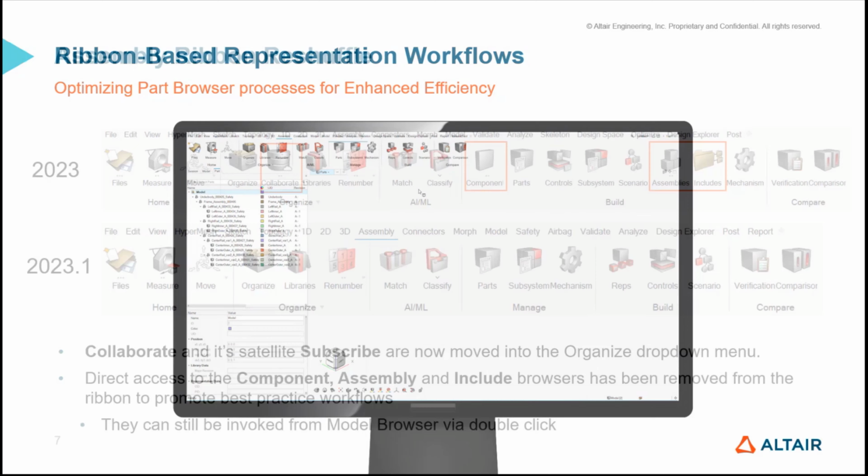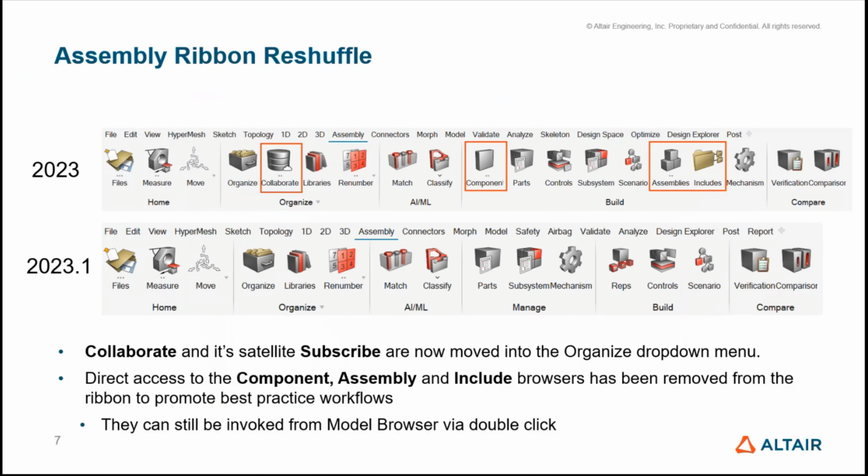Other than these two features, we do have an assembly ribbon reshuffle, wherein we are trying to limit the icons that are available, so that the user doesn't have to go too far onto the right side to access new icons. Collaborate is our organized browser. It has been in maintenance mode for some time now. It has been reshuffled and moved to a drop down in the organized. So if you still want to access this, it's still available, but you'll have to go in organize and select